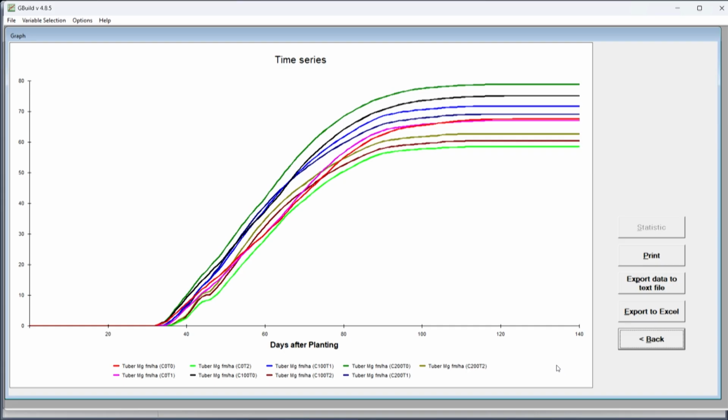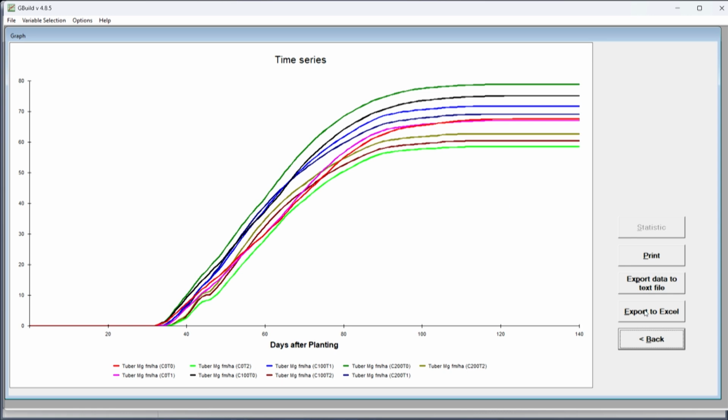The lowest yield is there at carbon dioxide level 0 and T2, the rising temperature of 2 degrees Celsius with 0 ppm rise in CO2, that causes a severe reduction in yield due to the high rising temperature. Whereas with no rise in temperature but a rise in CO2 levels, that gives the maximum potato tuber production, that is C200 and T0. So, this is the tuber weight.